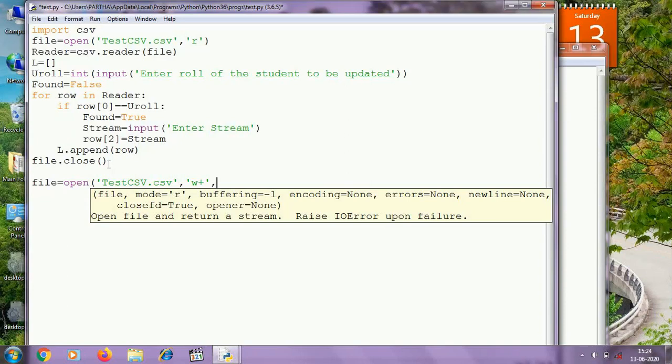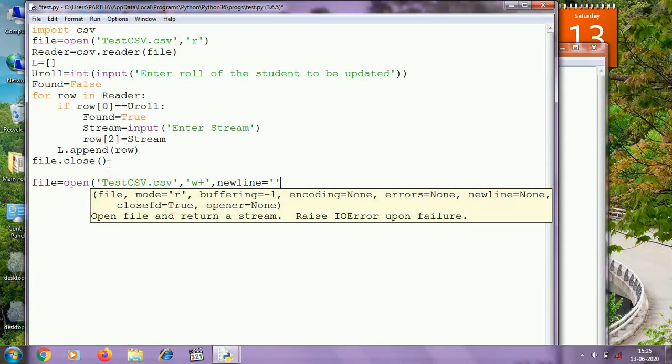And whenever I am opening the file in W mode or in W+ mode, the previous content of the file will be lost. Now I shall write the contents of the list L to the file testcsv.csv. That means after writing, the CSV file will contain all the records as well as the updated record.